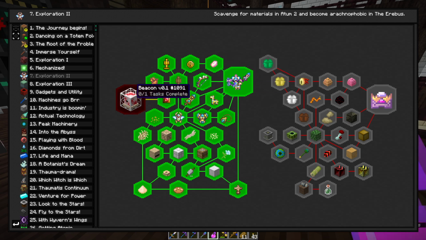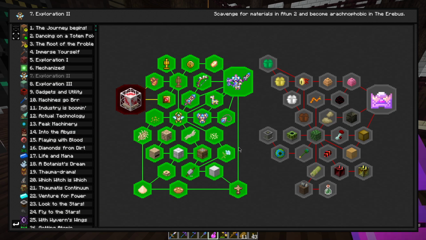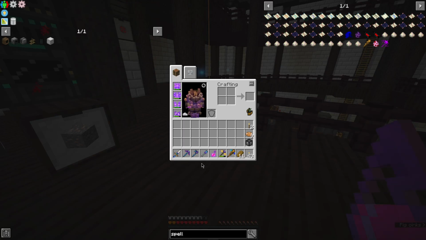So the only thing we have left on the Adam arc is this beacon. Emits red light and is later used as an ingredient for an actual beacon. I ain't worried about that right now. But I also managed to get all the machine presses so we can actually get started in Applied Energistics. Now there's a couple of things that we're going to have to do